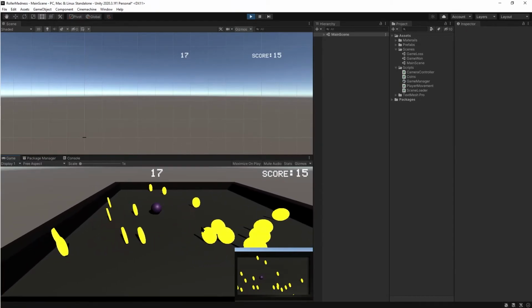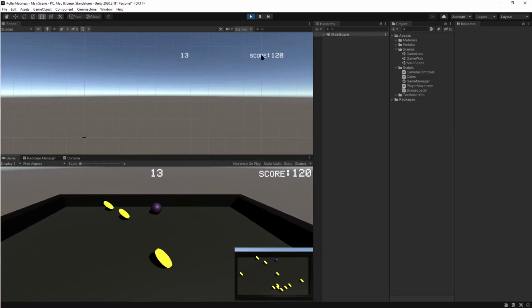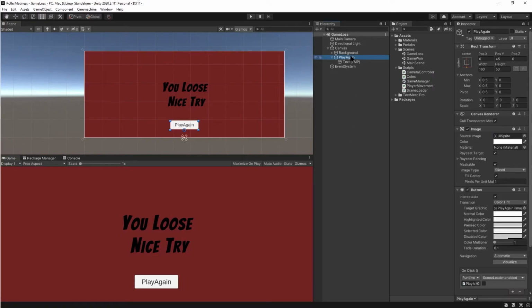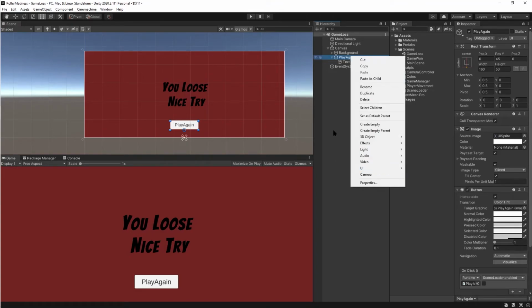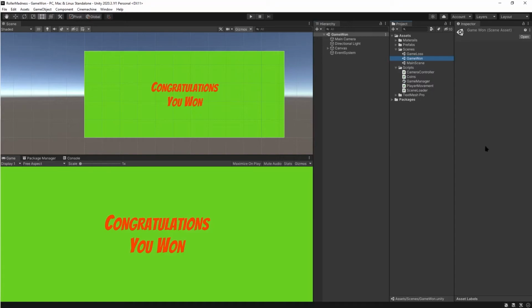Boom. We are on our main game view. Let's do the same for our Game 1 scene.